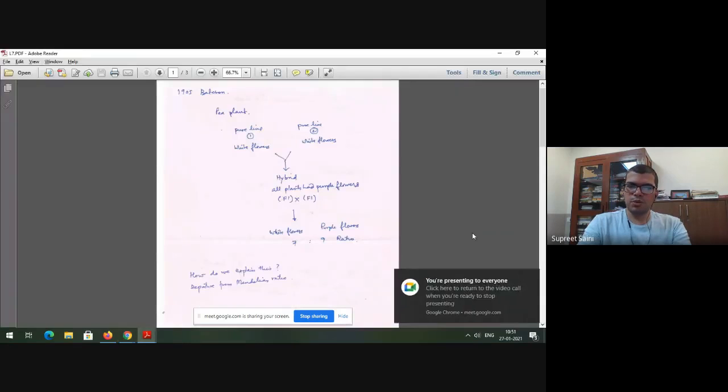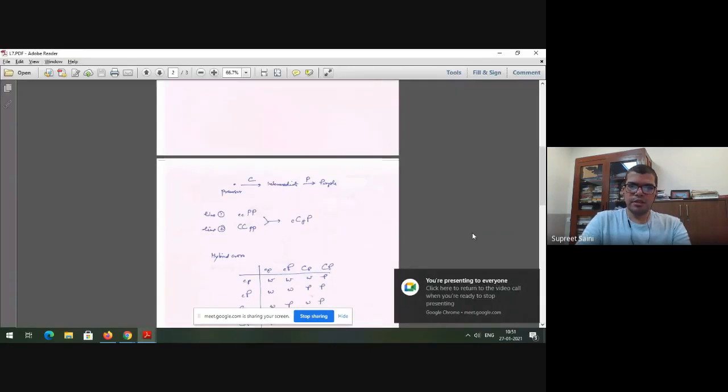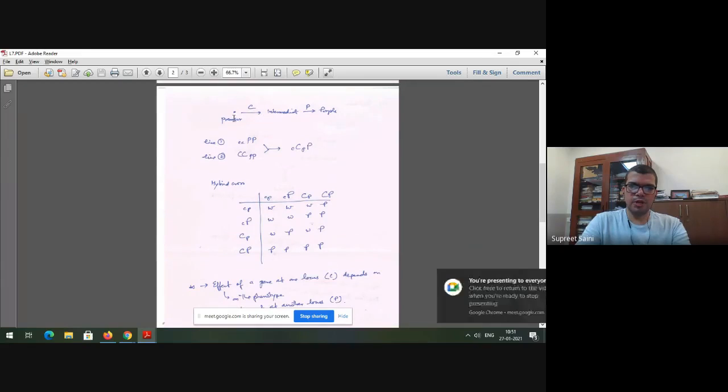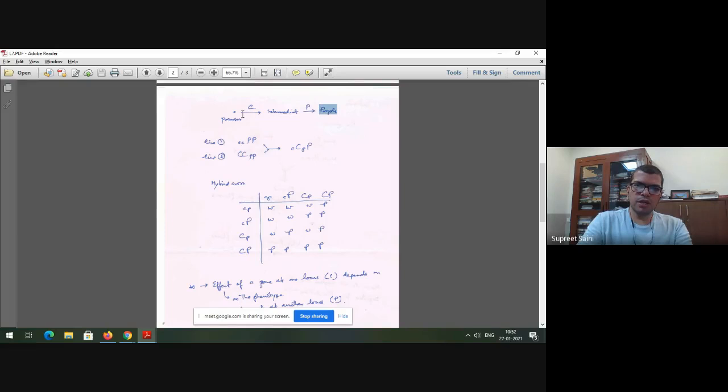And this is what's going on in this system, that essentially you have a precursor molecule which is acted on by enzyme C to create an intermediate, which is then acted on by another enzyme P. And now these are the two different loci which are interacting because they're part of the same pathway, right? There is sort of interaction between them. And only when you have a working C and a working P do you get purple. And what was happening was that line 1, and this was figured out in the 1990s,